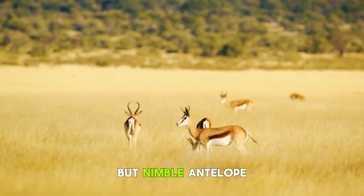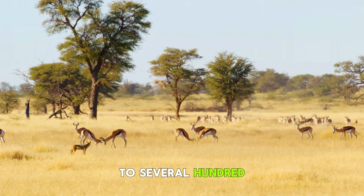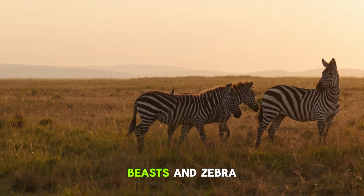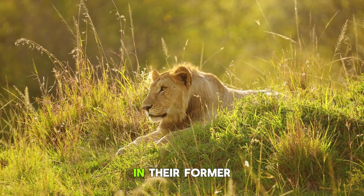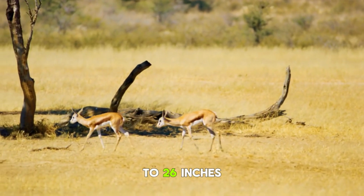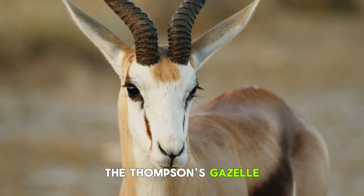A small but nimble antelope of the Serengeti, herds of gazelles, numbering anywhere from a few dozen to several hundred individuals, migrate here every year with wildebeest and zebra. This journey takes them to new grazing lands for food, as well as to avoid predation pressure in their former territories, where they stand at a modest height of 22 to 26 inches at the shoulder and weighing between 26 and 40 pounds. The Thomson's gazelle is